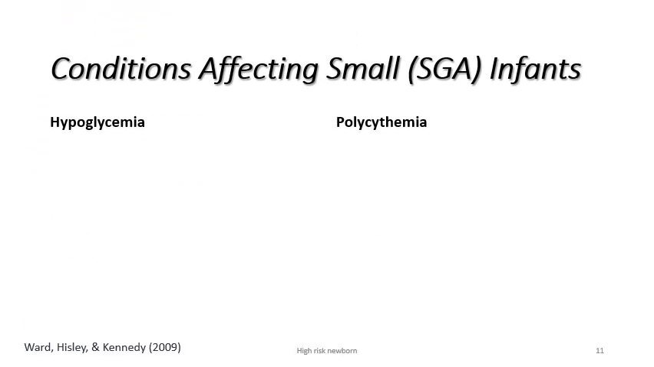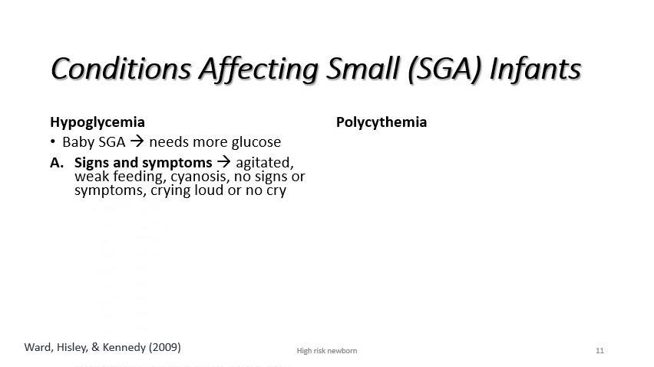Another condition is what we call hypoglycemia. From the name, we know that glycemia relates to glucose, so the baby eventually needs more glucose. We can see that the baby becomes agitated, weak on feeding, cyanotic, and sometimes also shows no signs or symptoms because it's just too tired, and sometimes the baby will cry loud or